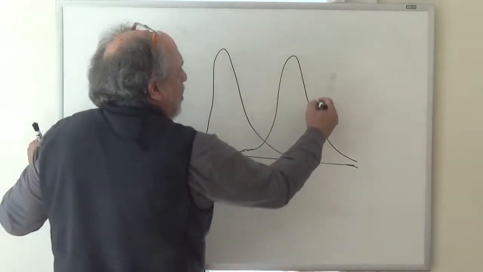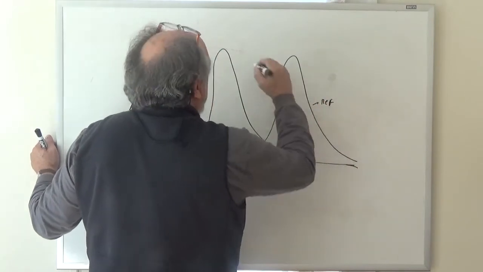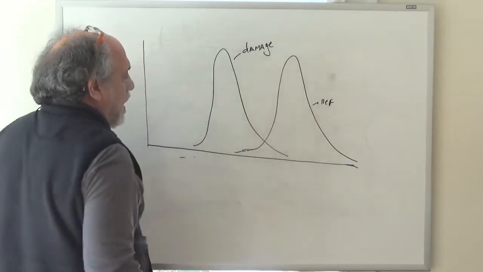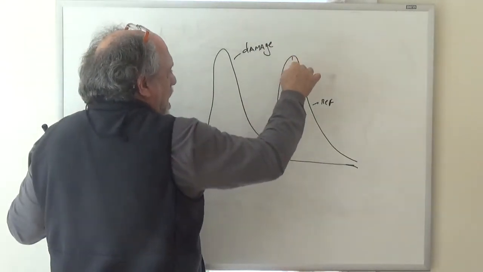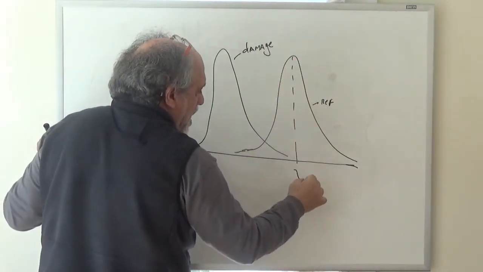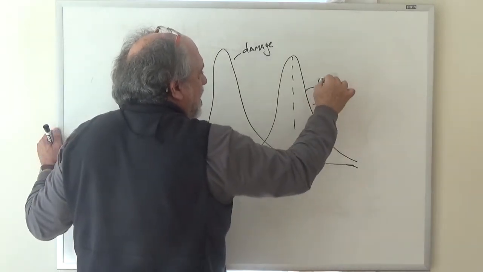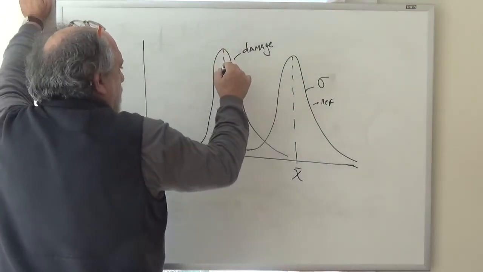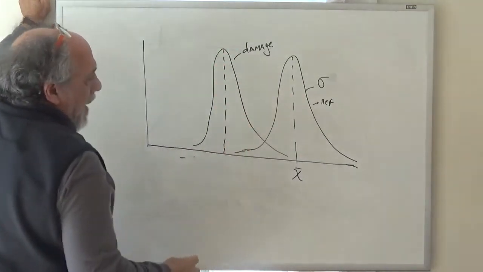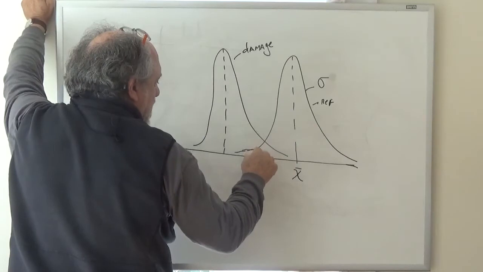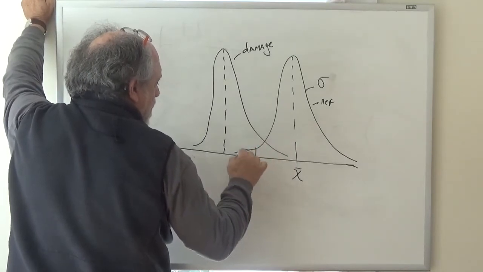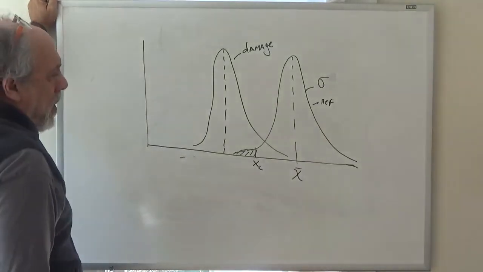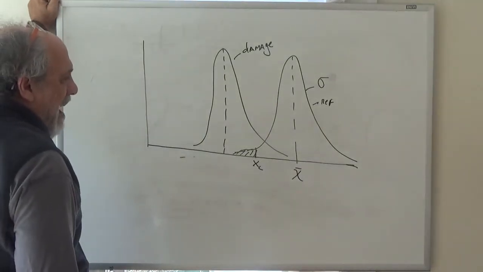Okay, so this is the reference stage. This is some damage condition, right? This is the mean. This thing had a standard deviation. Now, this is the new mean, right? And this is the point XC, where this was the type 1 error. Okay. Now,